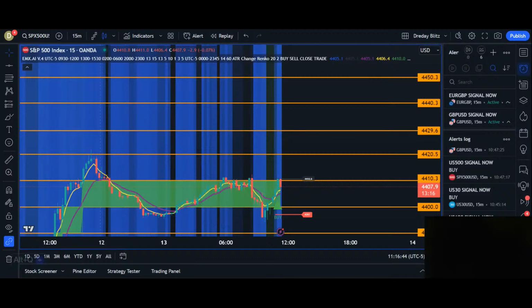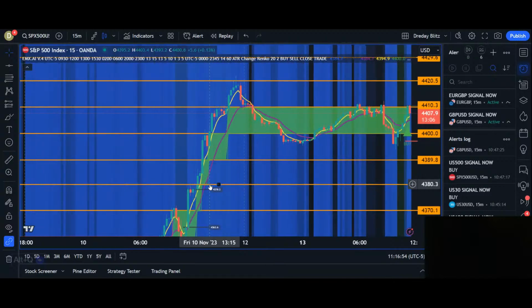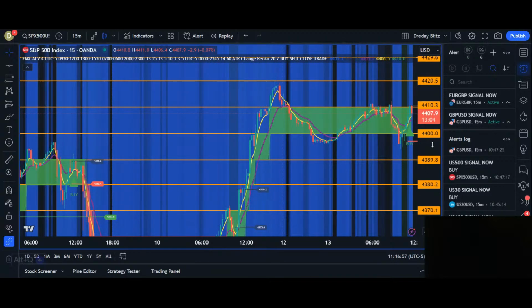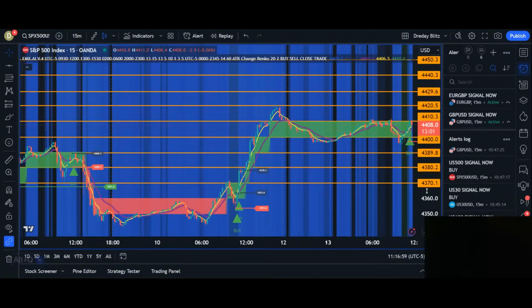Like I said, no one has a setup like this, with the Renko on top of the actual market,